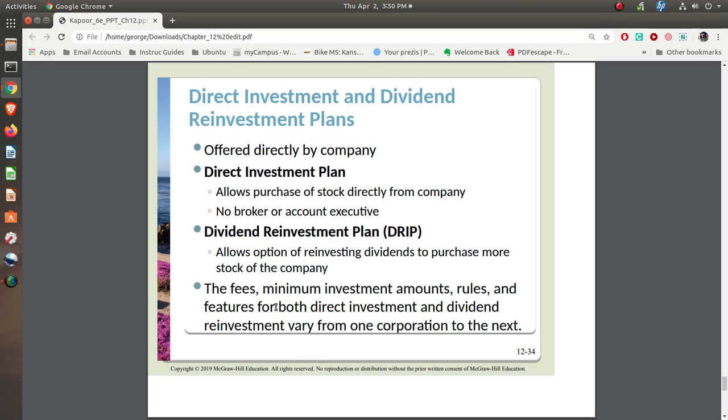Now, dividend reinvestment. This is where you have your stock and it's registered someplace and they pay dividends. You don't take the cash. What you do is you just say take the dividend and buy more stock with it. I do that with my account. In other words, I have primarily mutual funds. The stocks in there that are held by the mutual funds will pay dividends. What I have them do is take those dividends and reinvest it in that fund.